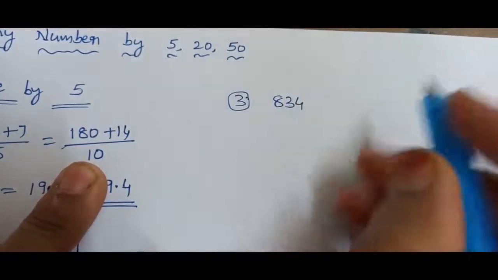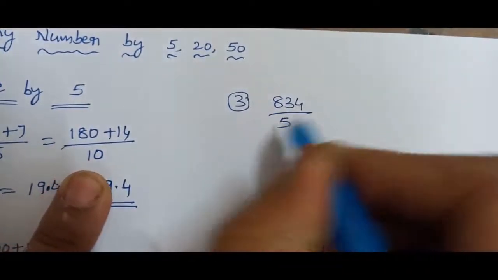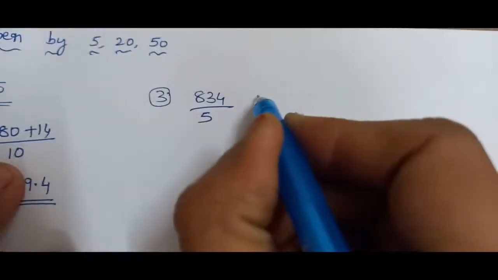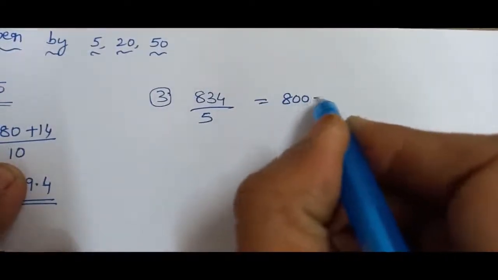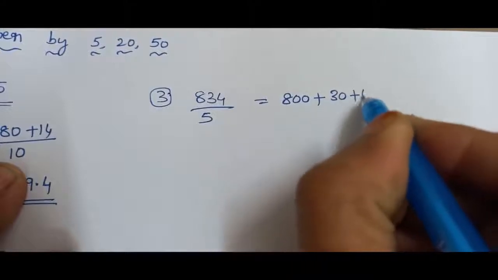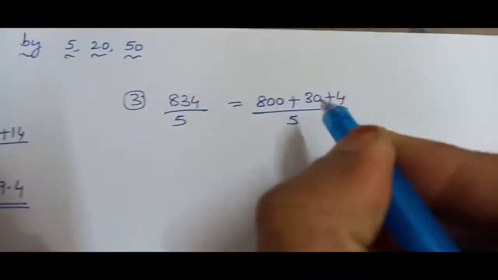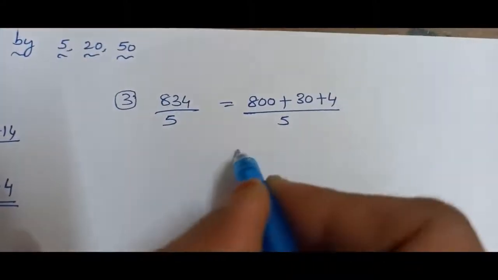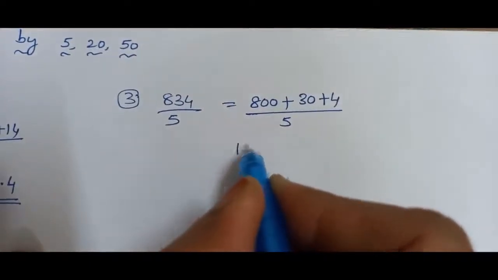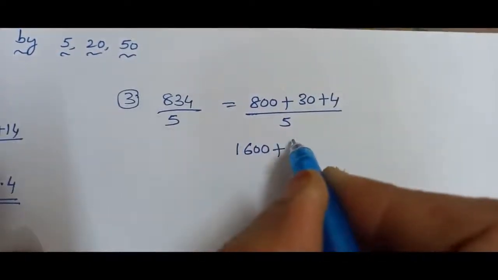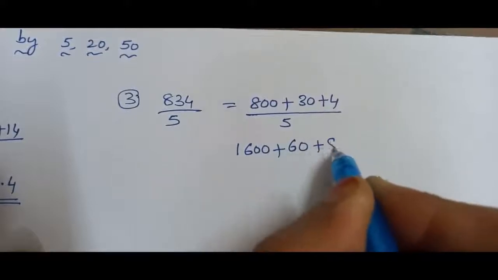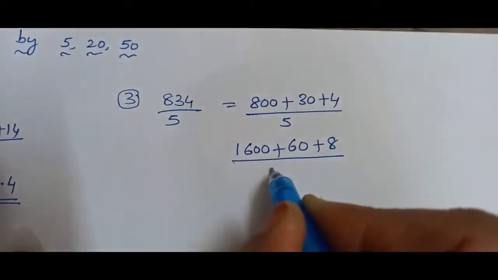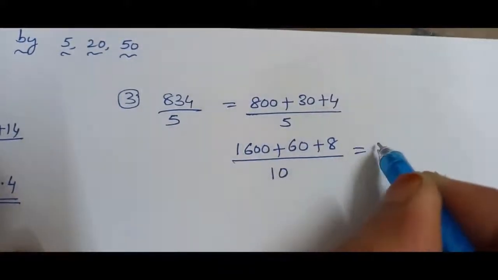834, by 5. So, write in expanded form 830 plus 4 by 5. Double it. 800 becomes 1600. 30 becomes 60. 4 becomes 8 and this 5 becomes 10. So, the answer is,